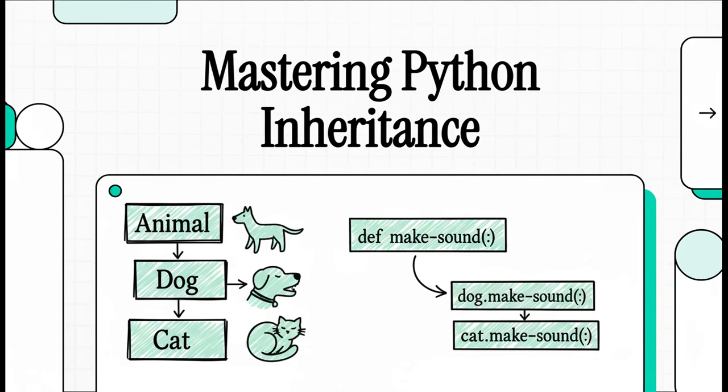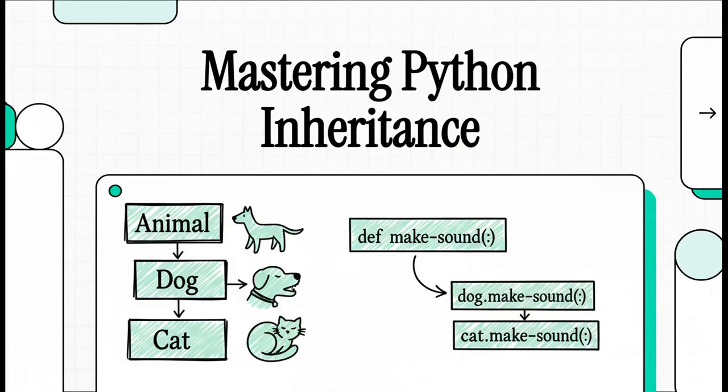You know that feeling when you're coding and you realize you've just copied and pasted the same chunk of code for the third time? Yeah, we've all been there. Today, we're going to talk about the solution to that exact problem, Python's inheritance. It's a seriously powerful tool for making your code cleaner, way more reusable, and just more logical by letting your